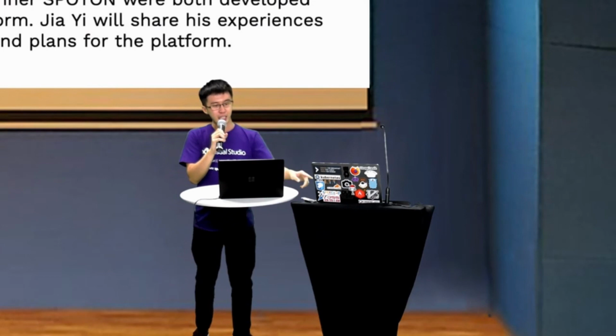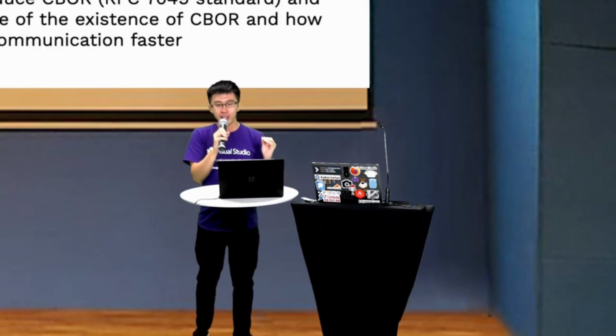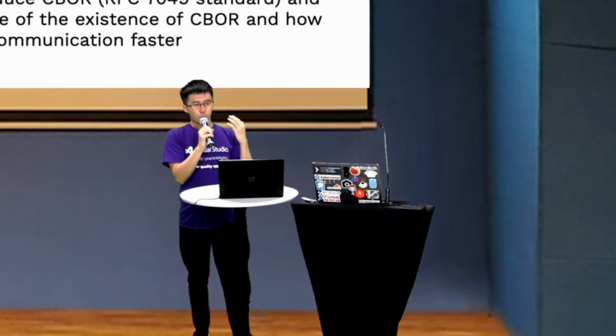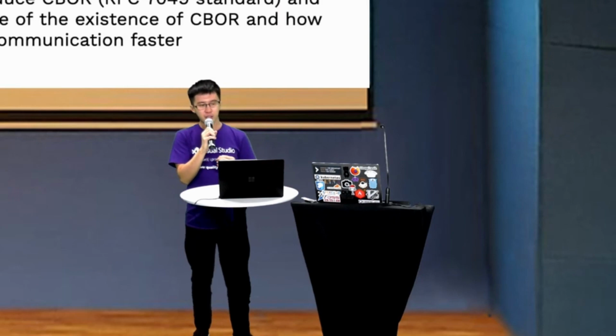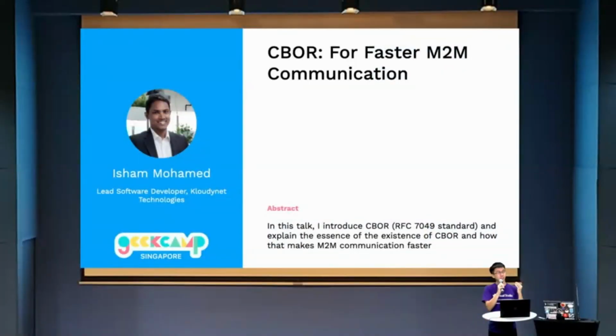As far as I'm aware, this will be of huge interest for professionals and also academics for the Internet of Things and also for the OSI architecture. So Concise Binary Object Representation is a standardized data format whose design goals include the possibility of extremely small code size, fairly small message size, and extensibility without the need for version negotiation. This is typically used in IoT machine-to-machine communication to increase the communication speed compared to what we previously knew as the JSON data format.